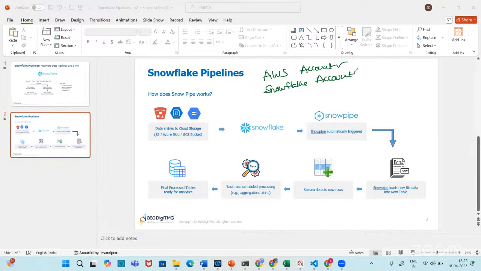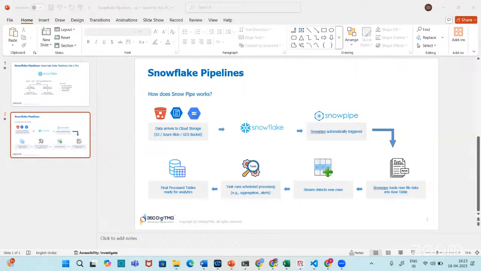Okay, these two things. And in AWS, we have to do some provisions so that it can seamlessly integrate with Snowflake. We will also talk about that. These two are mandatory, of course, it's obvious. You need an AWS account and a Snowflake account. Once you set up those things,